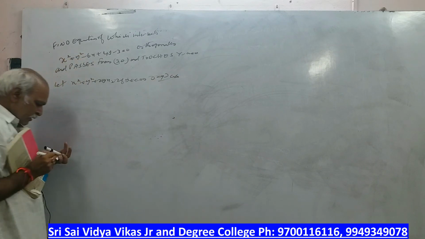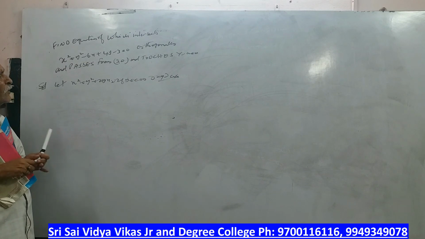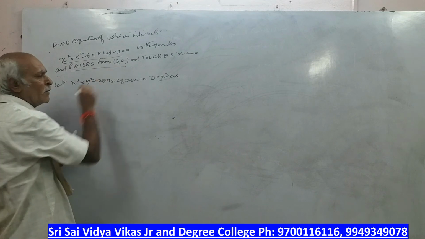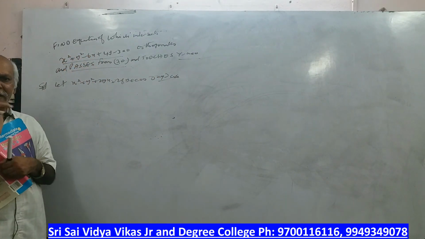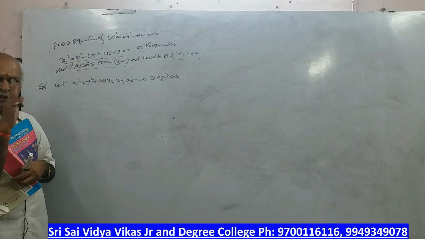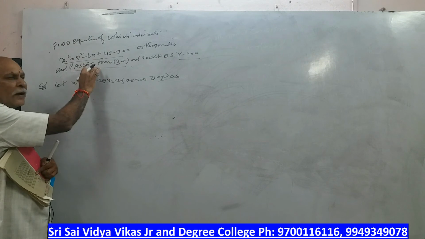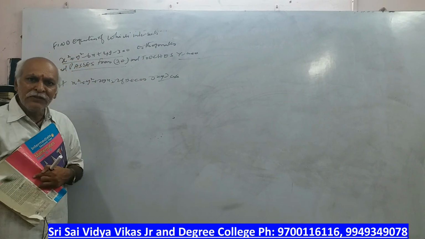Okay, I told you we require 3 conditions. We should check whether we have 3 conditions or not. First, orthogonal; second, passes through (3, 0); third, touches y axis. For this problem, 3 conditions should be there. Whatever may be the conditions, every time we should check our conditions. So based on this we formulate the equations.